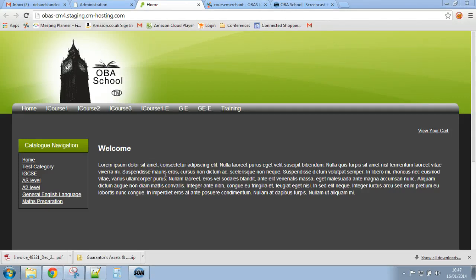So now we'll have a look at how to add a category and edit the text on that category. This is the current home page, and as you can see we've got a number of different categories listed. We've got one, for example, called Maths Preparation. What I'm going to do is go into Store Admin and create a new category called English